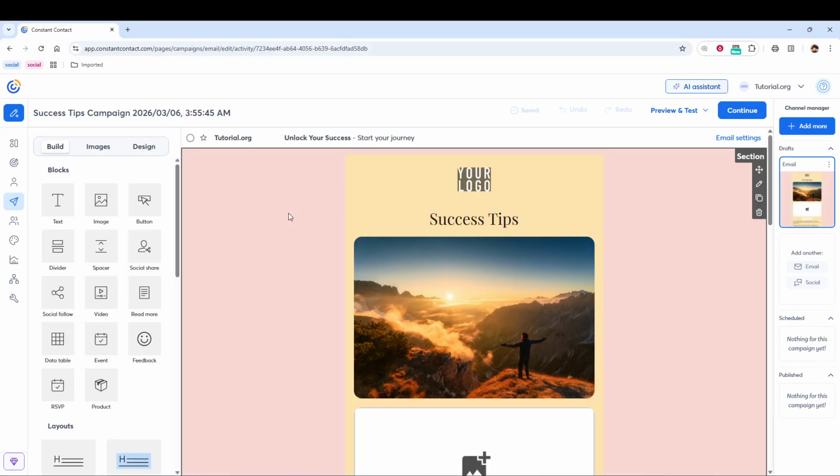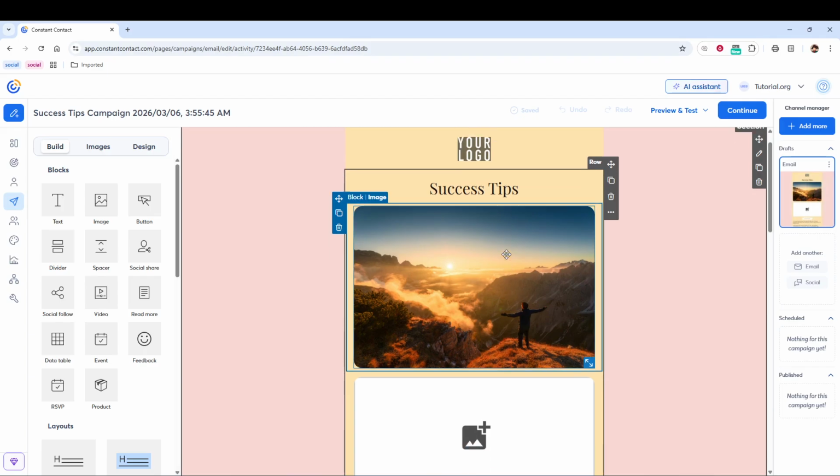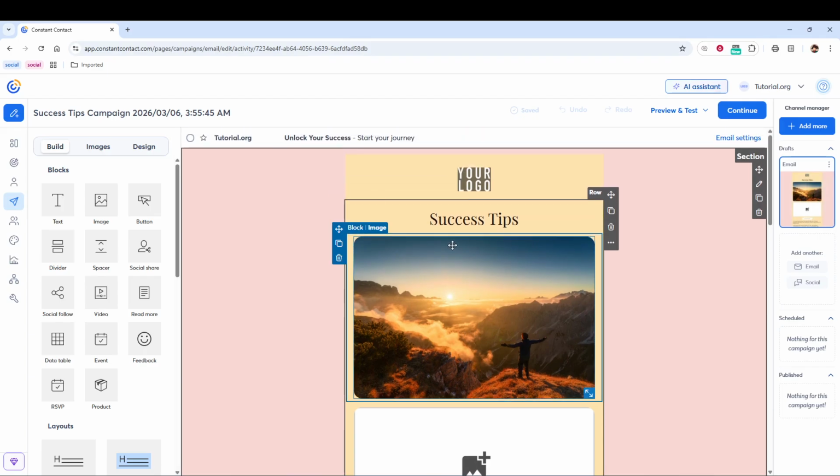Next, move your mouse pointer over the specific block you want to move. In Constant Contact, a block is a section of content, like a text area, an image, a button, or a divider. When you hover over the block, you should notice that the block becomes highlighted and a small set of controls appears on or near it. This hover step is important because the move control only shows up once the editor knows which block you are